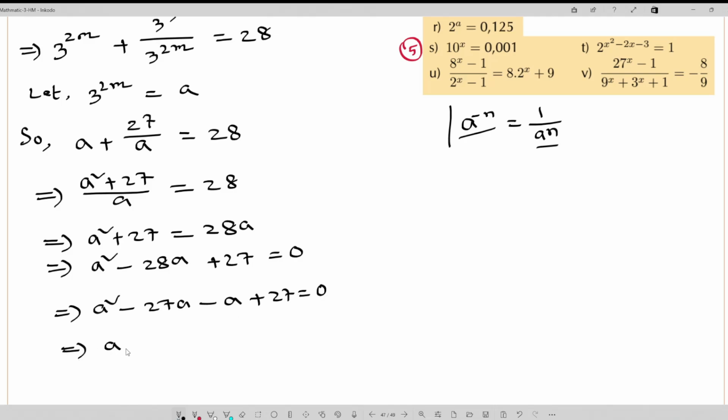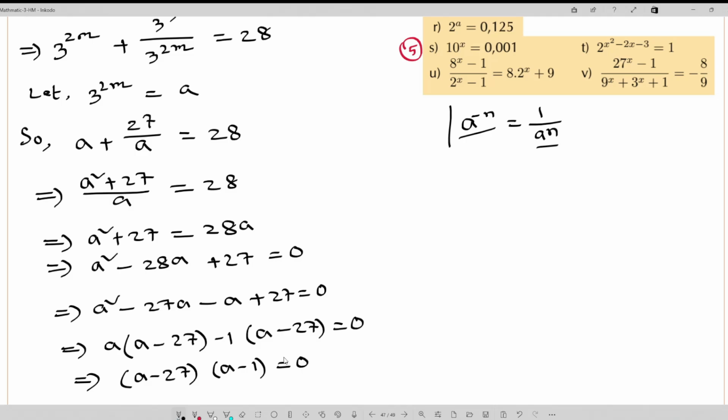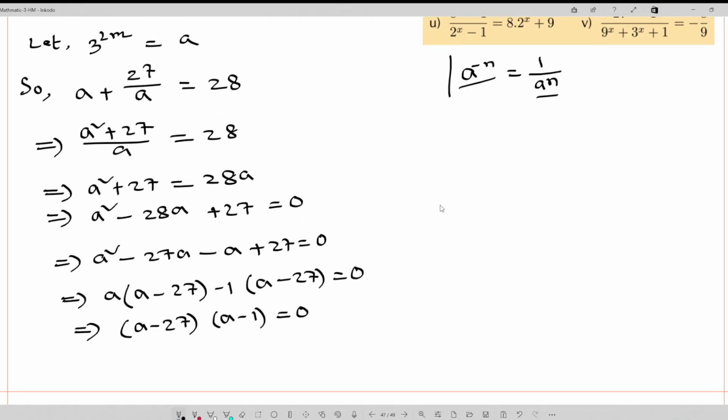So we can take common a. So here is minus 27 minus 1 common, here is minus 27 equals 0, right? So we can take common a minus 27, so a minus 1 equals 0. So first part complete. Now